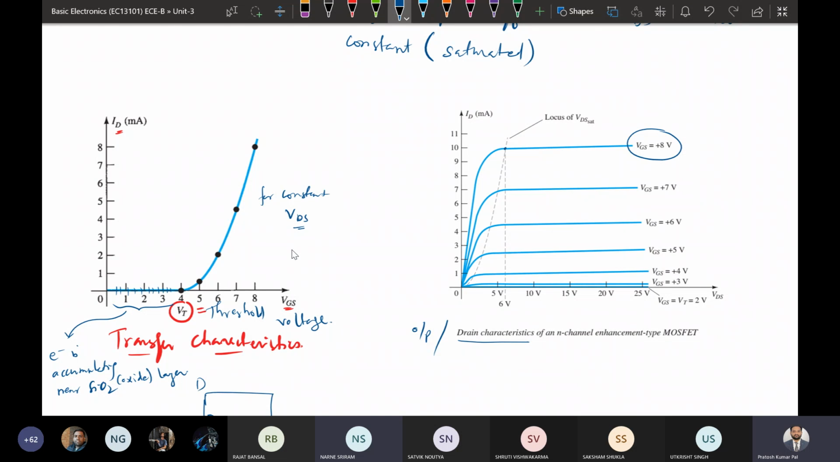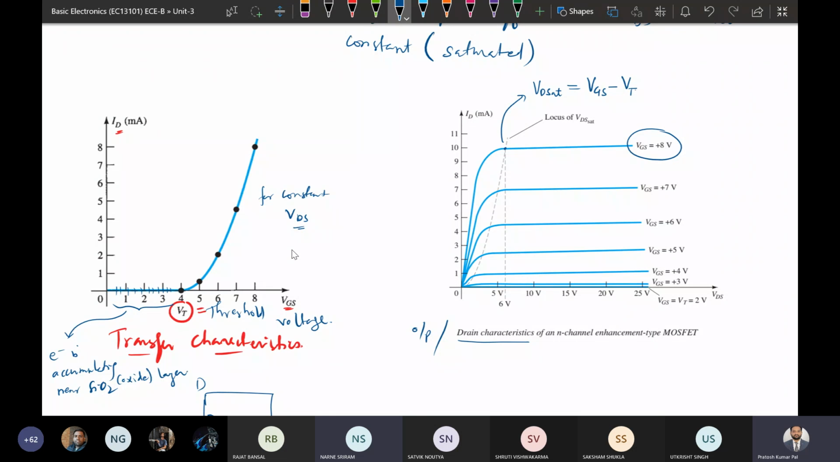So this is called pinch off voltage. For this case, this will be your pinch off voltage. This pinch off voltage is also called VDsat, and VDsat is equal to VGS minus VT. That means we need to apply an extra gate to source voltage minus threshold voltage. Whatever the remaining voltage is, that much drain to source voltage we need to apply so that the